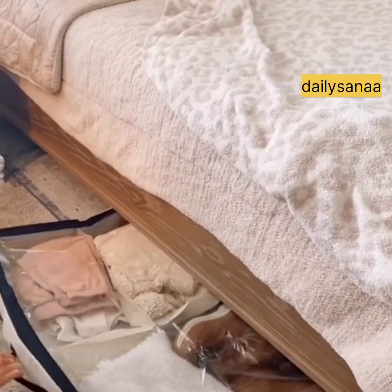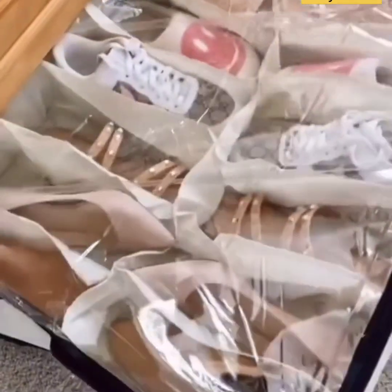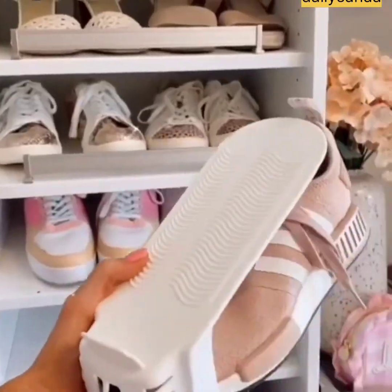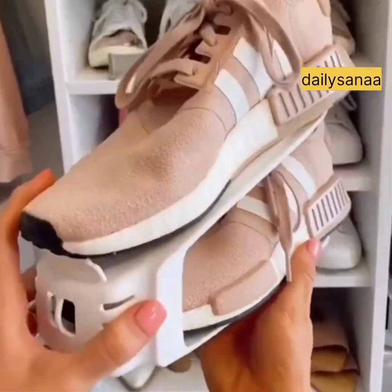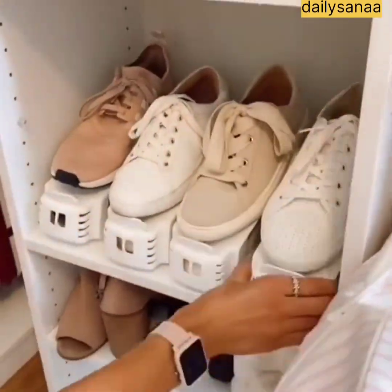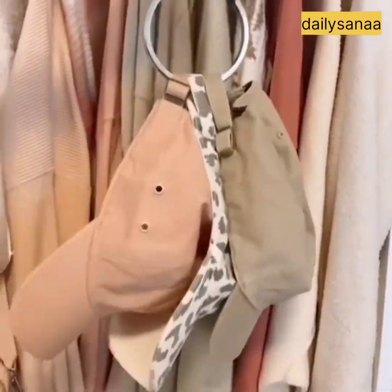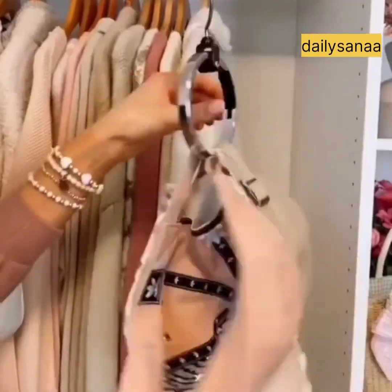Utilize the space under your bed or dresser with these shoe and clothing organizers. They can fit up to 20 pairs of shoes and have clear zipper covers to easily find your item quickly. Double the amount of space you have for your shoes with these shoe organizers that utilize vertical space. They work on both closet shelves and shoe racks. And this 360-degree swivel hanger is perfect for organizing hats, belts, handbags, and scarves in your closet while taking up